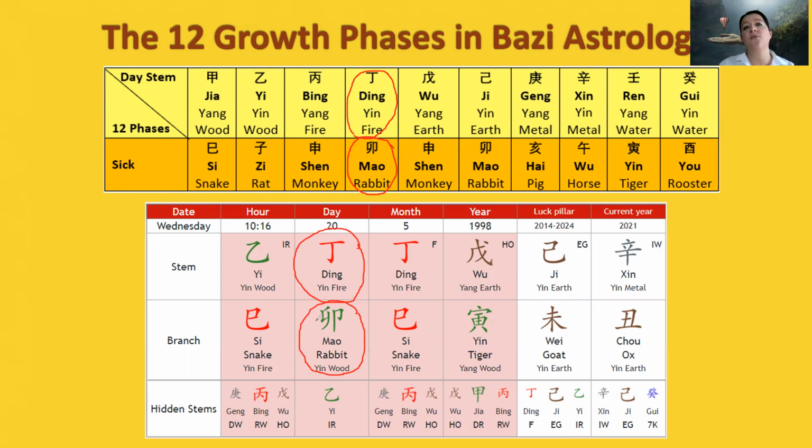As you can see, in the first example we had the sick phase in the hour pillar. In this particular example, it is in the day pillar. It could be in the year, month, day, hour, or in the luck pillar or the current year. So once you determine this, take note of where it appears, because depending on where it appears, it will have a different meaning. Now, if you have the sick phase in your year pillar, so if it appears here,